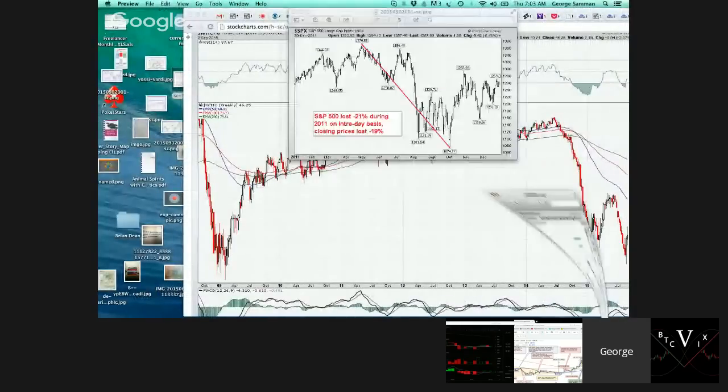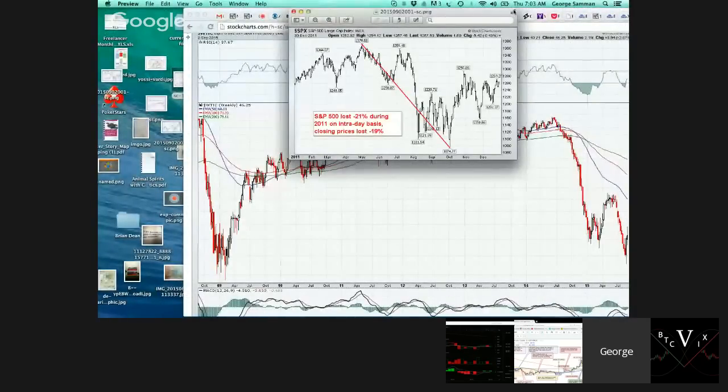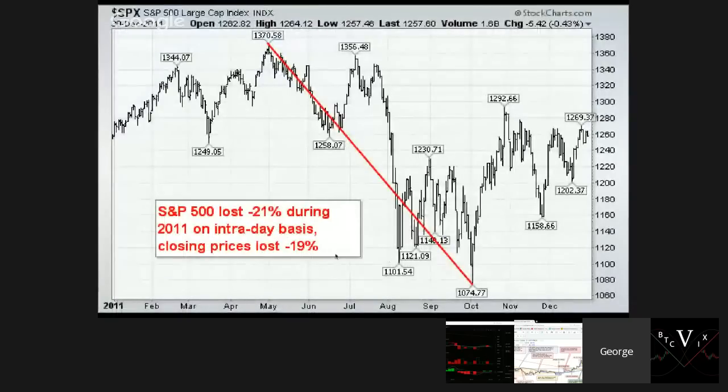I might have one last chart. Yeah, oh yeah, I do. So I'm comparing this to 2011, and this is the 2011 chart when the S&P got hammered. It was kind of the same scenario, except they were talking about getting QE. Was there going to be QE, waiting for Jackson Hole, and everyone thought no QE was coming, and then it came. And we're kind of in that period now with interest rates.